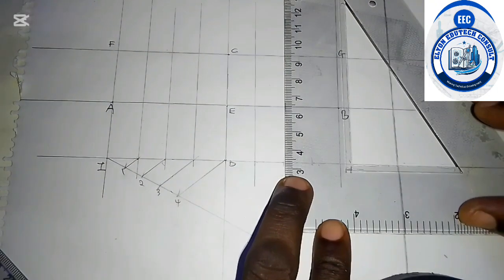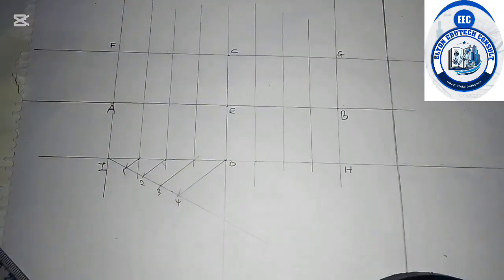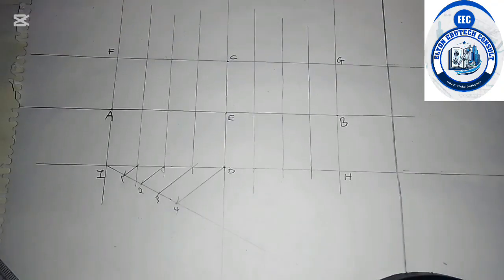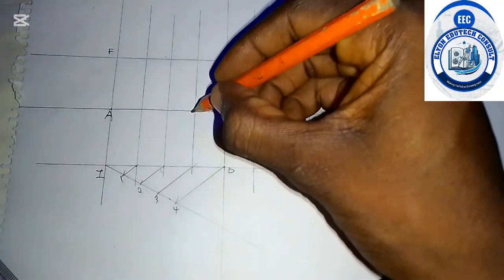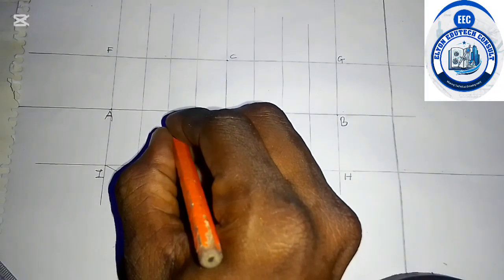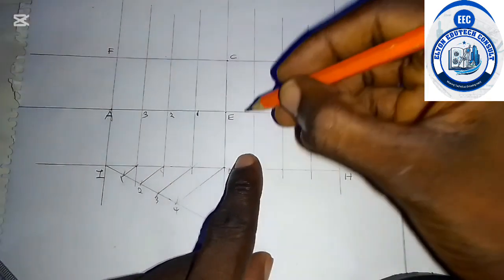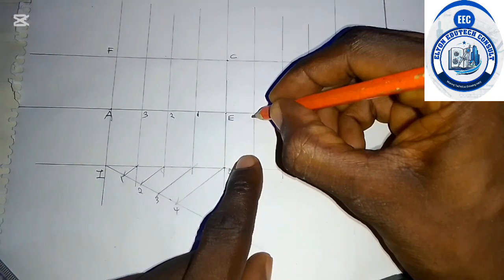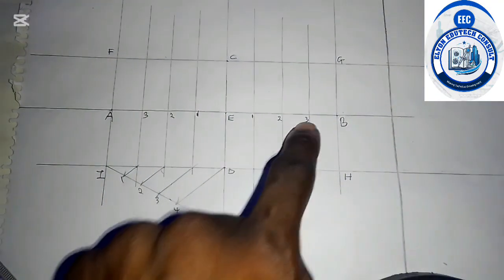Up this way, produce this up this way. All right, so this way. All right, now I'm going to call this part now. This is 1. Okay, I will say this is 2, and this is 3. All right, so I will call this side as well 1, this is 2, and this is 3 at this